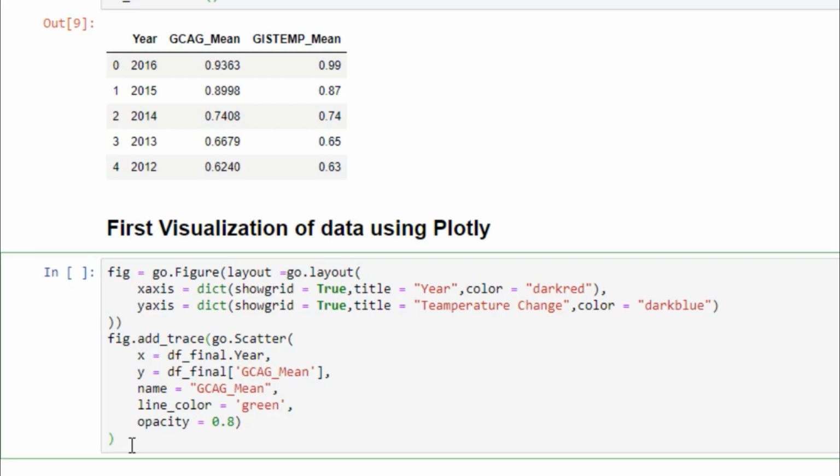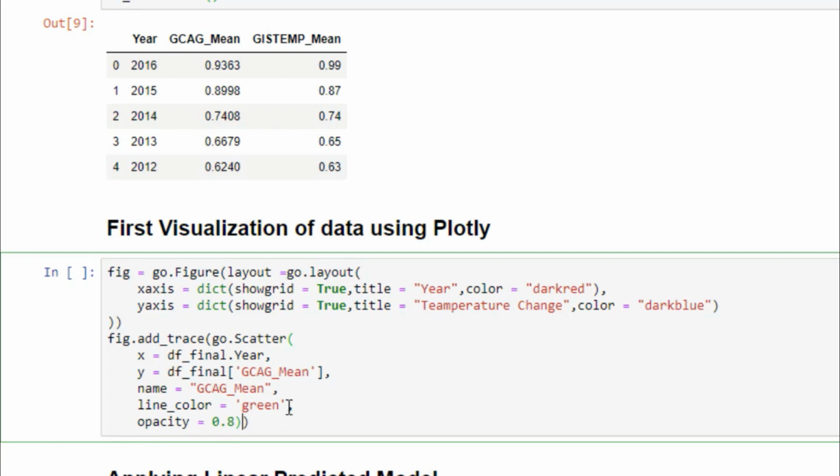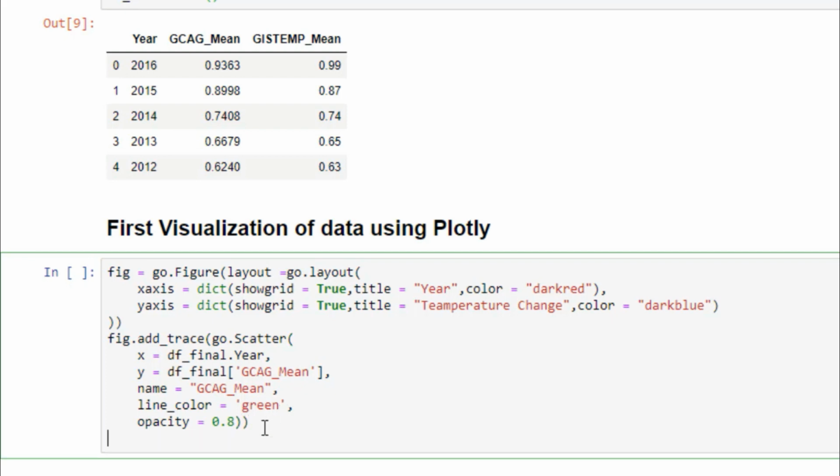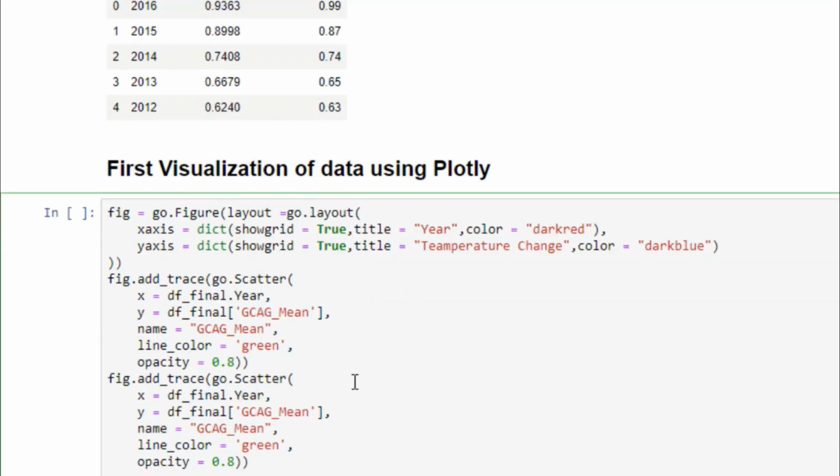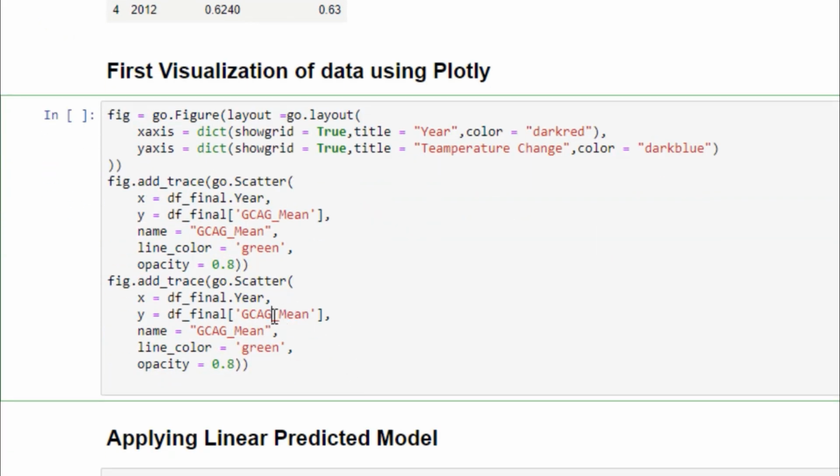Yeah, we remove it, and just copy and paste all the things from the first one, up to only that figure.add_trace. Copy it and paste it. Yeah, so it will work. And after that, rename it again to gistemp_dataframe_mean, and the year will be the same, because our final data frame has only 1 year, and the name is gistemp mean, and line color will be